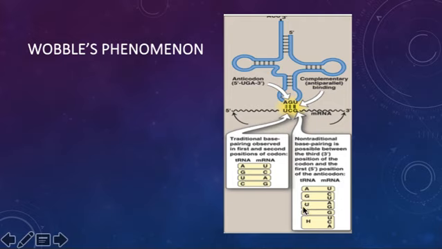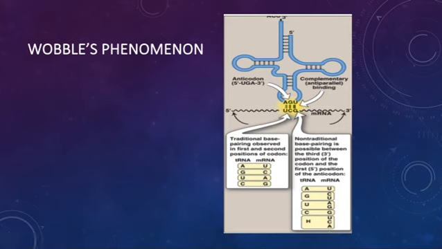Okay, this is the tRNA base pairs and this is the mRNA base pairs. So this is the wobble phenomenon. So this we have understood about genetic code. Genetic code can come as a 3-mark question or a 5-mark question.